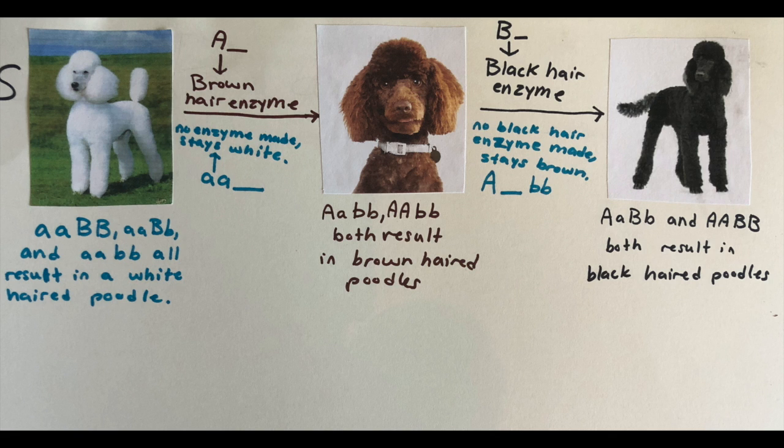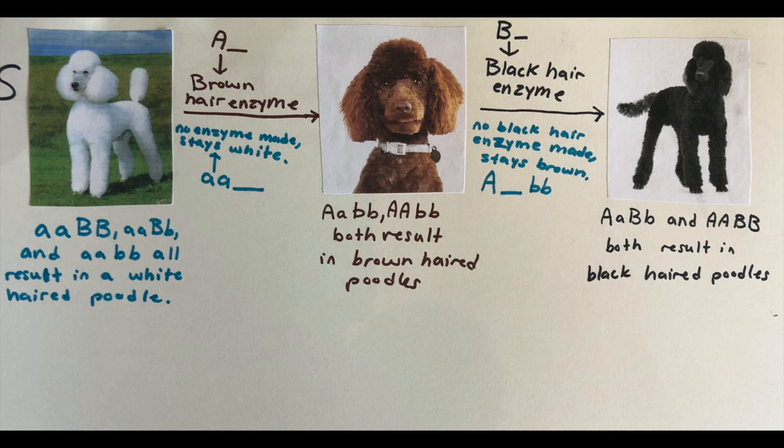So if you do have a dominant big A allele, and you do produce the brown hair enzyme, but you don't have any dominant B alleles, so you just have two little b's, then you won't produce the black hair enzyme, only the brown hair enzyme, which leaves you as a brown poodle. So this pathway tells us why single recessive epistasis occurs, but let's take a closer look at how we know